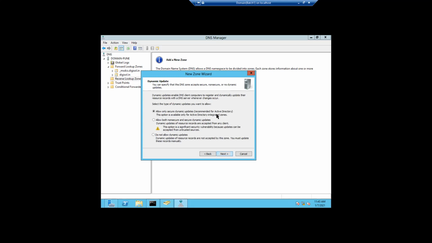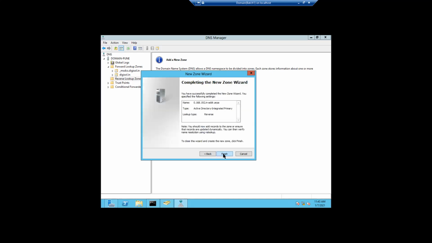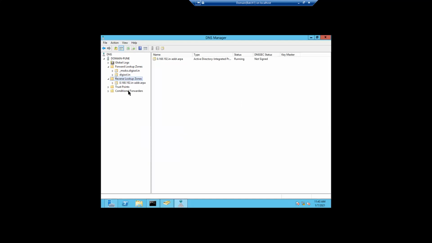Allow only secure dynamic updates, yes, which is recommended for Active Directory, so we have to allow it. Dynamic means it updates automatically. If any record is deleted or added, it is updated automatically. No need to do any manual work. I am clicking next, and these are the details of the reverse zone.